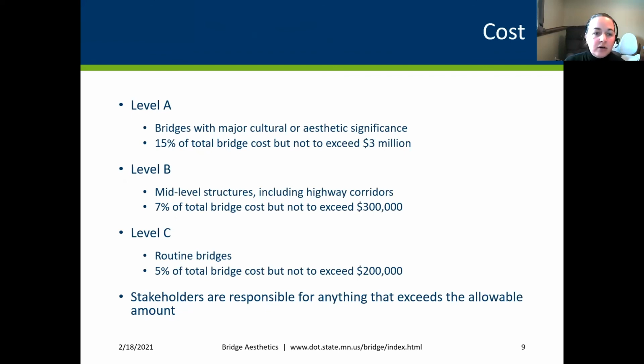So here's how MnDOT lays out our cost participation. Level A, B, and C are the levels of our bridges. So A's are your St. Croix River crossings, your Hastings, maybe an international border, very big, prominent structures. B is almost everything that you're going to see. That's going to be bridges with pedestrians over, maybe a trail underneath, metro structures. Level C is going to be rural bridges.